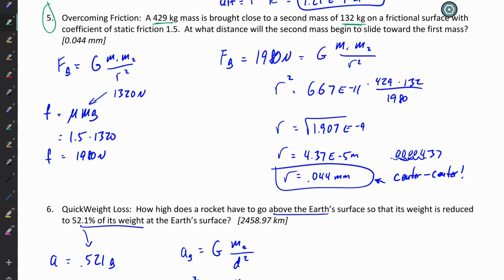So basically, we need to equate the frictional force to the gravitational force, and then solve for a radius. At what distance will those two forces be equal? Or effectively, at what distance would gravity begin to be larger than the frictional force. So